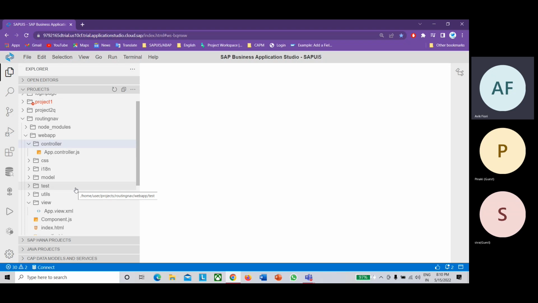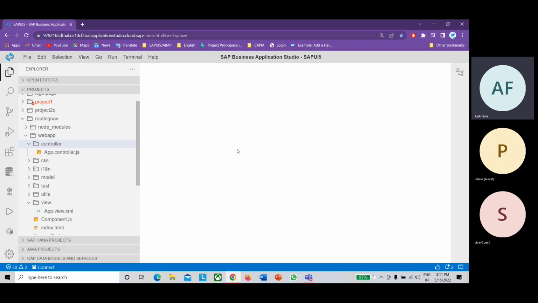So that is one thing. Now what is routing and navigation? How are routing and navigation taken care of in SAP UI5? I'll tell you. Routing and navigation in SAP UI5 is done with the help of hash. Everything is hash-based navigation in SAP UI5. What does hash-based mean? Whenever the URL is changed after the hash, with the help of the router API, a callback will trigger, a function which will identify